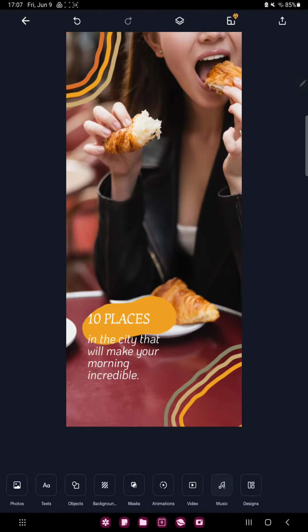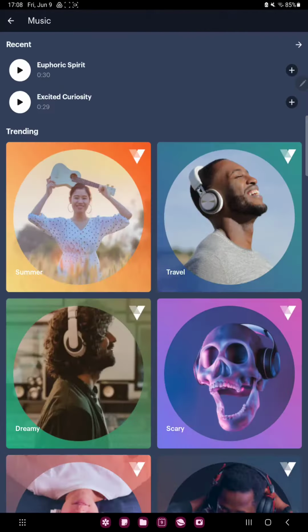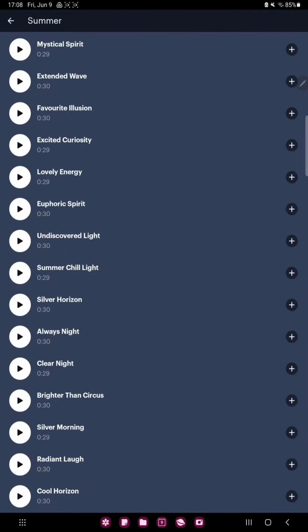In the music section you can find different music. For example, click the summer button, and if you want to add the song, click the plus icon,